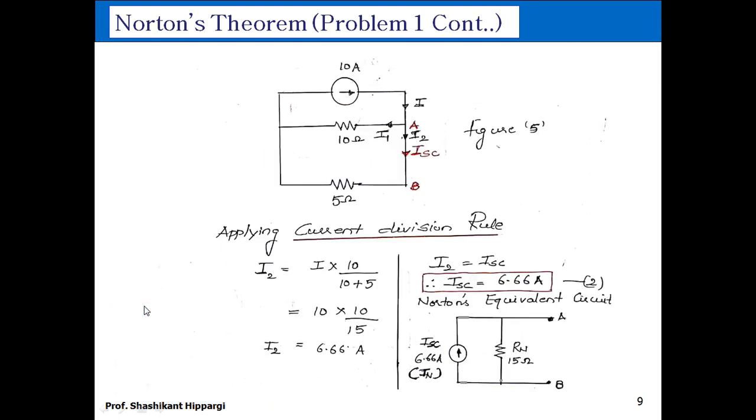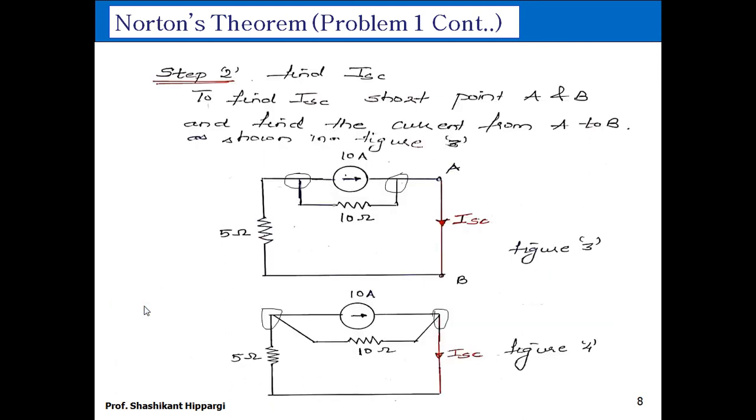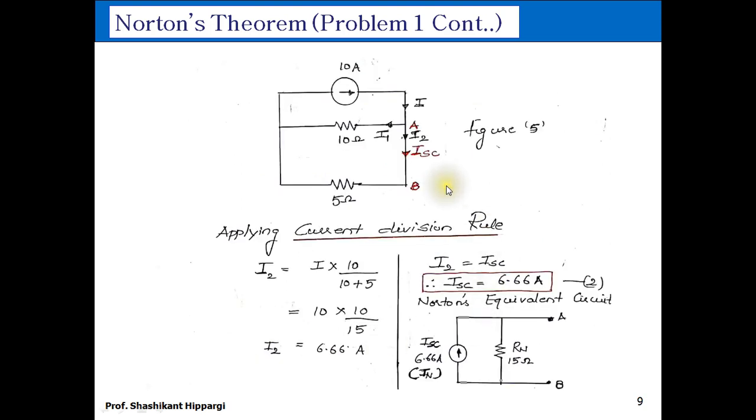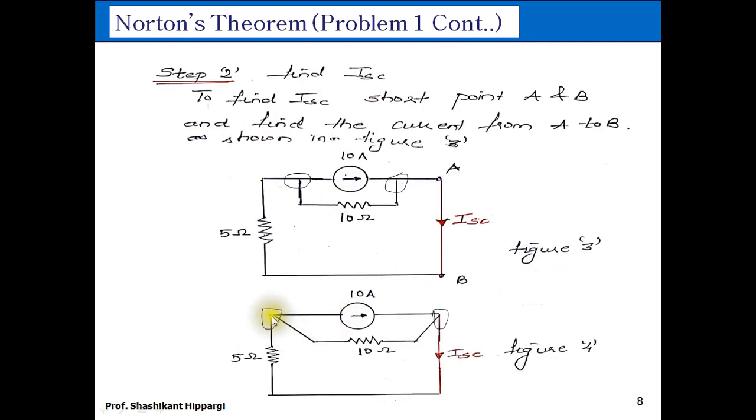So in the next figure, we see that this current source is in parallel with this resistance, or the new circuit can be drawn like this. See, this current source is in parallel with this resistance, then after these 2 points, there is one more resistance, and through this we need to find out